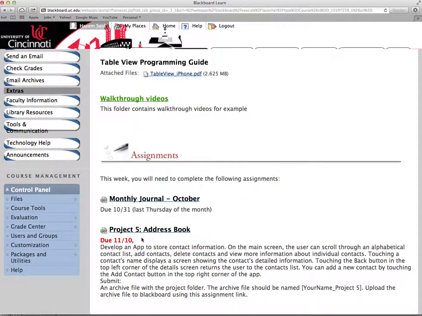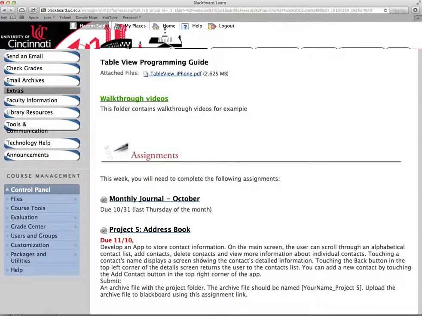Our project is a simplified address book app. You're all very familiar with the address book app. You probably have one on your phone and you probably are using it. This is the app where you can view a list of contacts and you can delete a contact and you can add a new contact. And that's basically what we will try to build together.